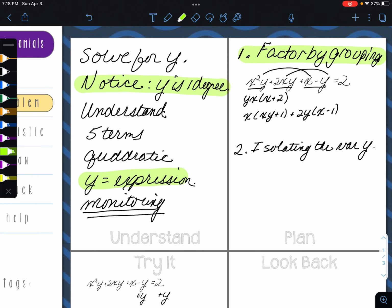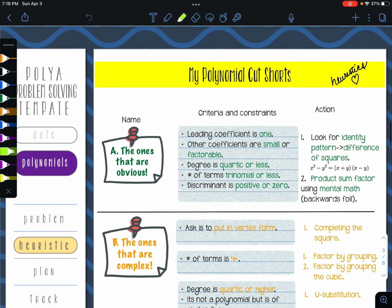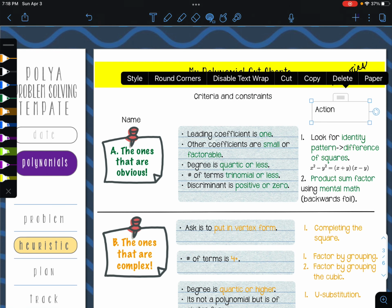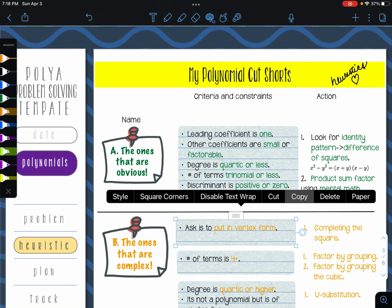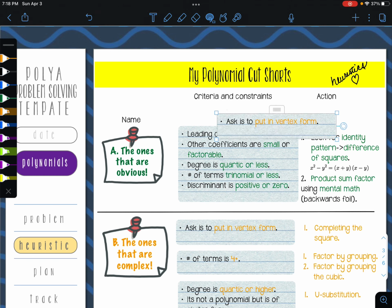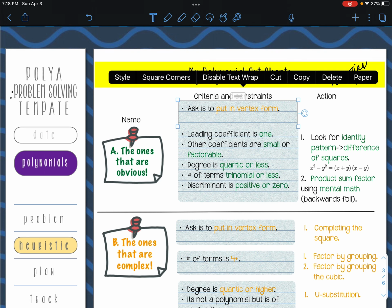Well, I think, again, it points us back to the heuristics model. And what should have been in here is a quick and clever clue. And I think it is that. It's part of those polynomials that are easy, that are obvious. And it should have gone up here. There should have been one that said is...